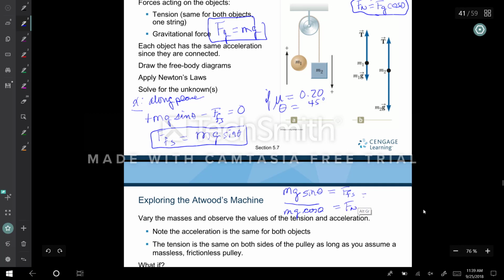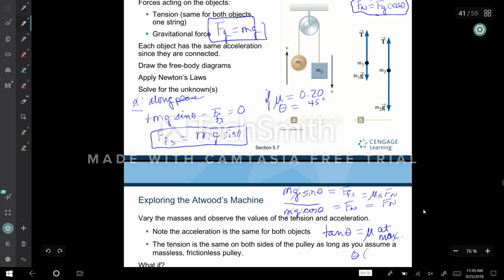But what's the force of friction maximum? Mu sub s F sub n. So what do I get? What's sine over cosine? Tangent theta equals mu at maximum